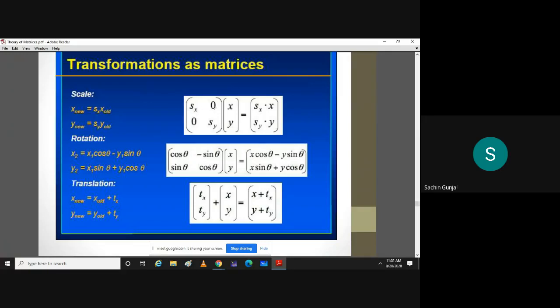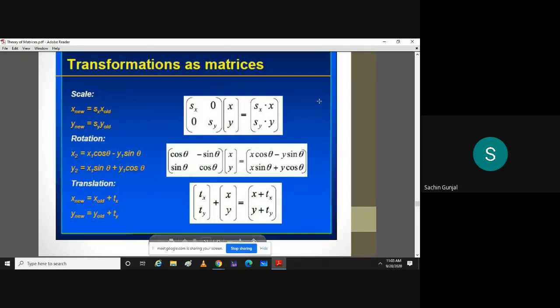Okay, this is the scaling which we have seen. Sx and Sy are the factors by which we are going to scale the components x and y. So resulting will be Sx times x and Sy times y. Okay, and this is translation. Xy is the original vector. You have translated x by an amount tx and y by an amount ty. Resulting vector is x plus tx, y plus ty.